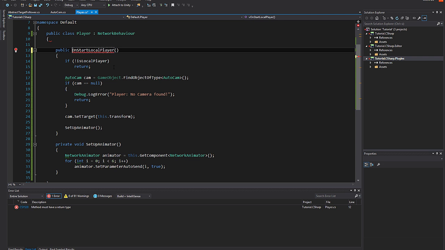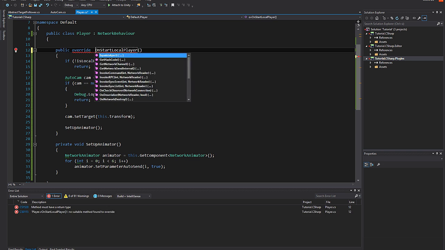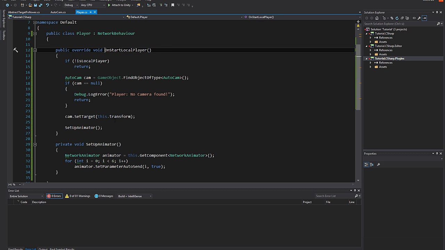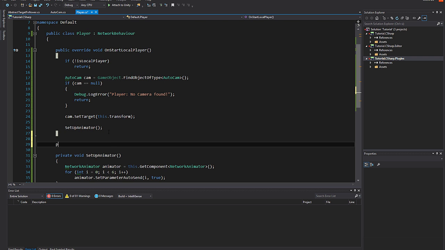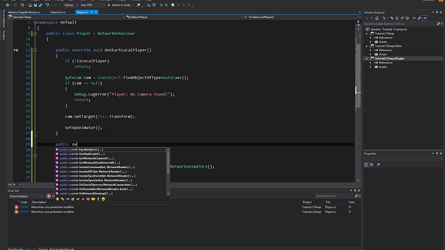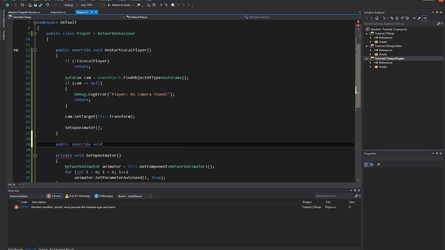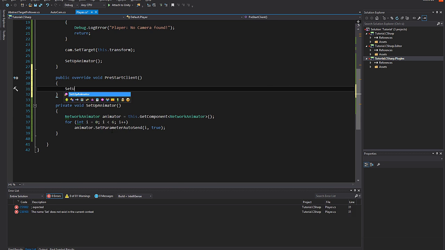Change the signature to public override void, and then create another override void called pre-start client. I think that's the right one. Set up animator,